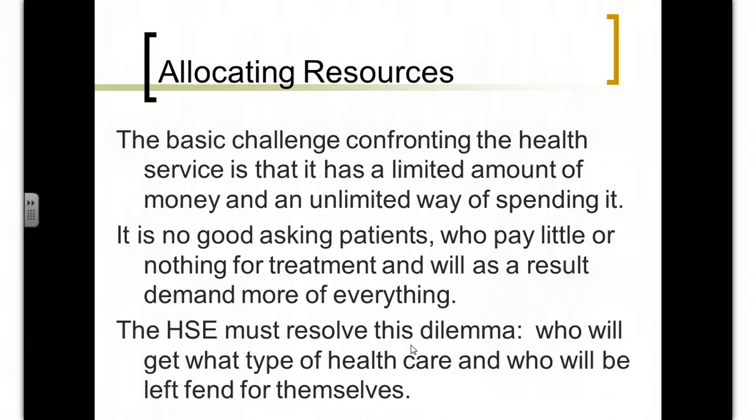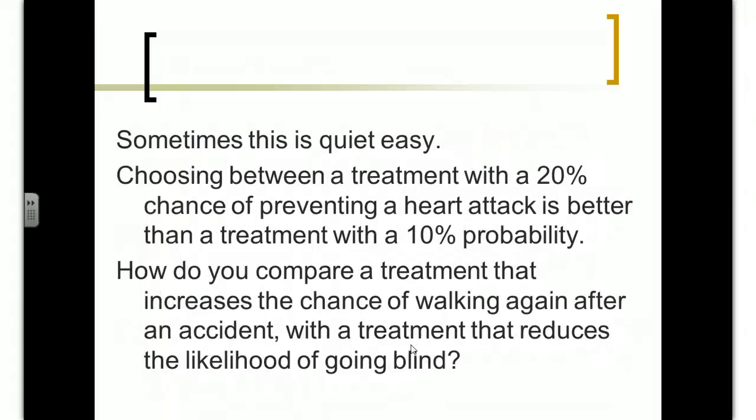But even then, that is not sufficient to meet the healthcare needs of everybody. So certain choices have to be made. If you provide something for one person, you're implicitly making a decision that you can't provide it for somebody else. So sometimes these choices are fairly straightforward.